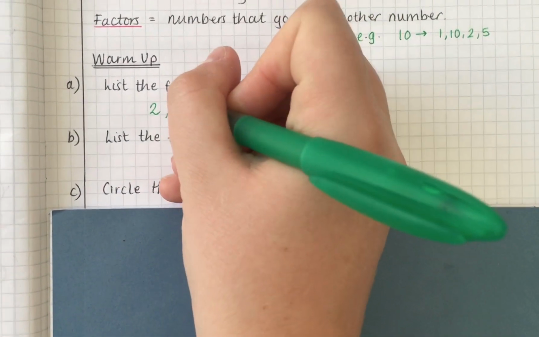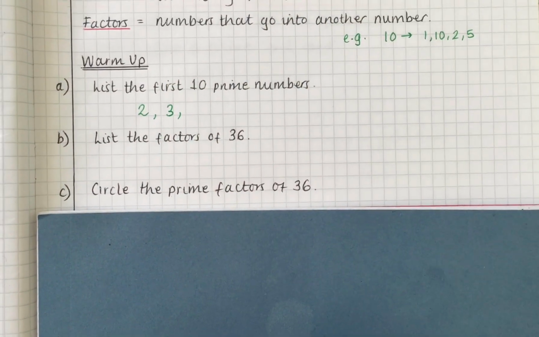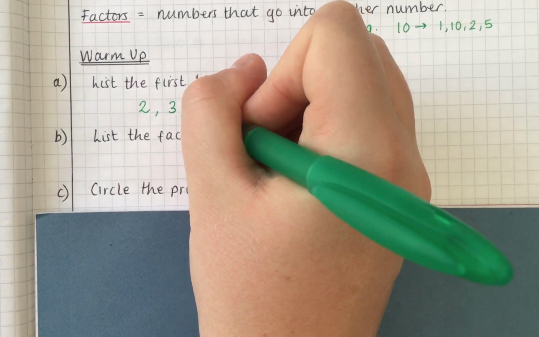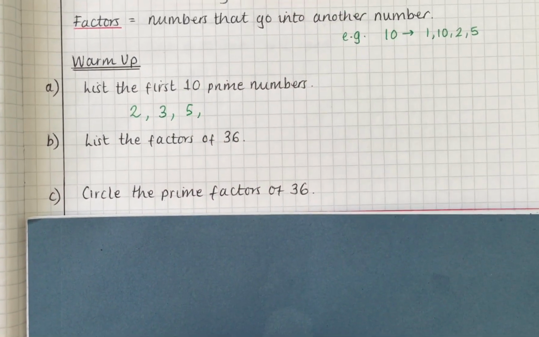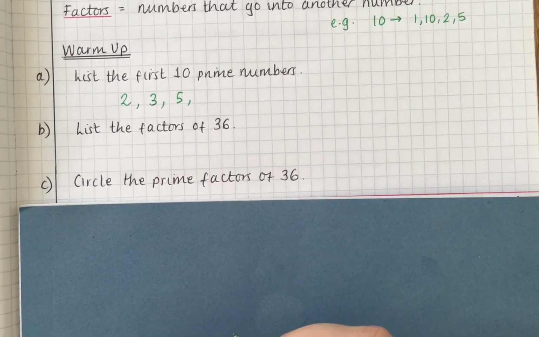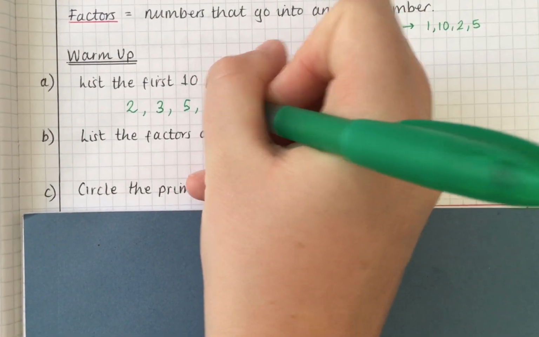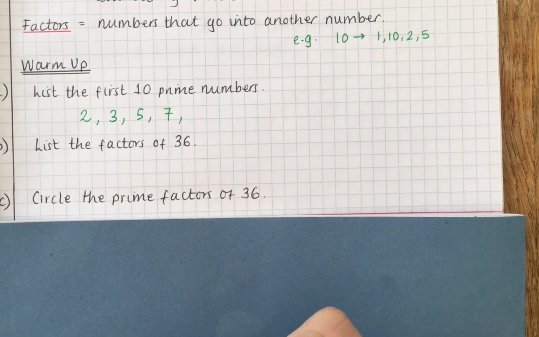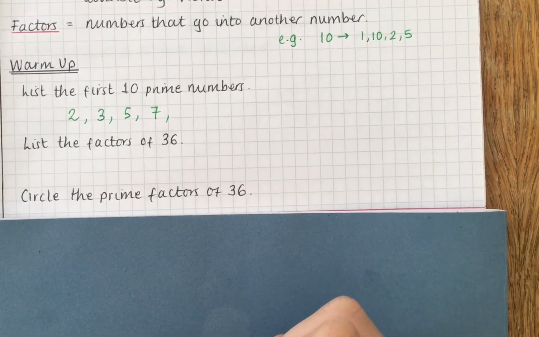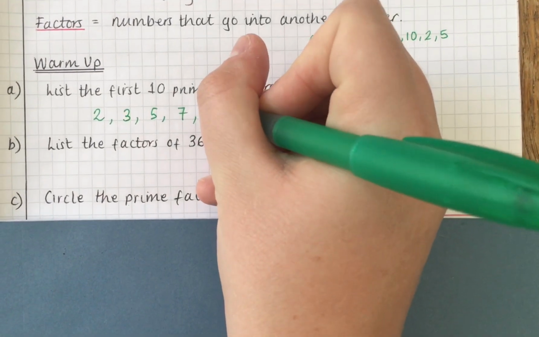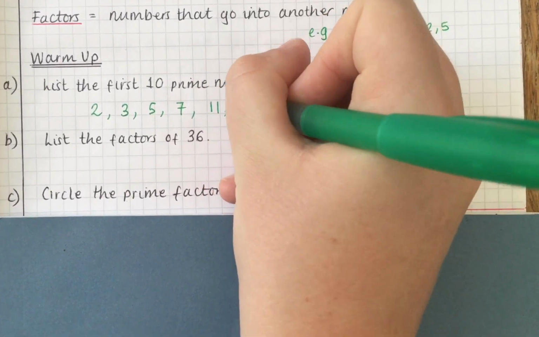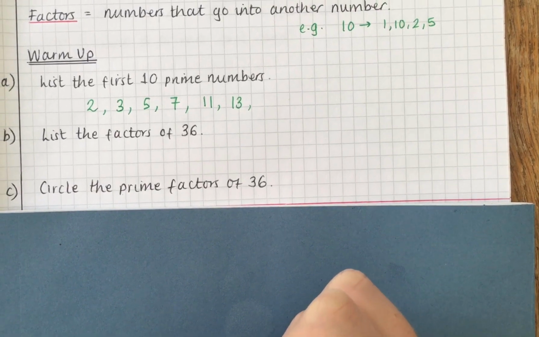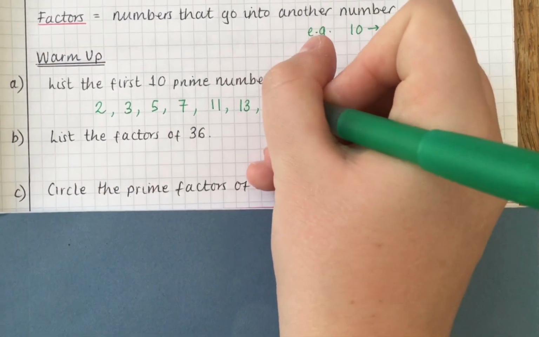The next one is 3, because you can only divide it by 3 and 1. 4 isn't prime because it's even. 5 is the next prime number, because you can only divide it by 5 and 1. 6 isn't prime because it's even. 7 is next. 8 is even. Now, some people think that 9 is a prime number, but it can't be because you can divide 9 by 3. So 9 is not prime. The next one is 11, then 13. 15 isn't prime because, again, it can be divided by 3 and 5. The next one is 17,